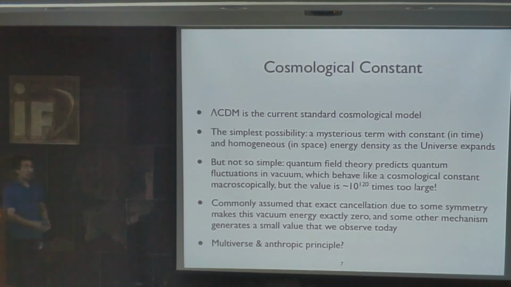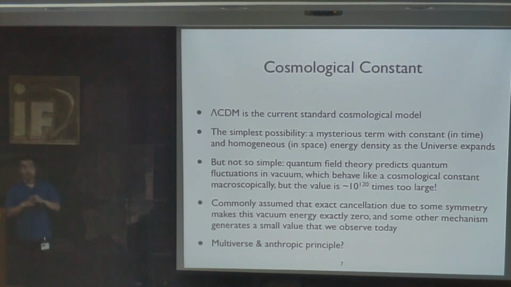And also, as the universe expands, we have seen that matter can cluster and form the large scale structure that we see today. But this cosmological constant doesn't cluster. Its energy density remains smooth, homogeneous across the whole universe. And because of this, the single effect that it has is to change the expansion rate of the universe. And it's very simple. And that is why it is so popular. But simplicity doesn't mean that it is necessarily correct.